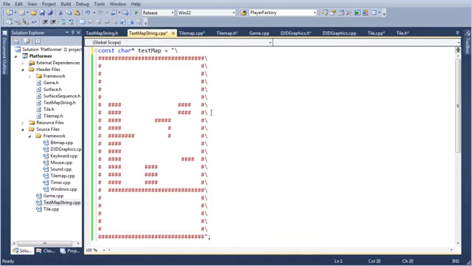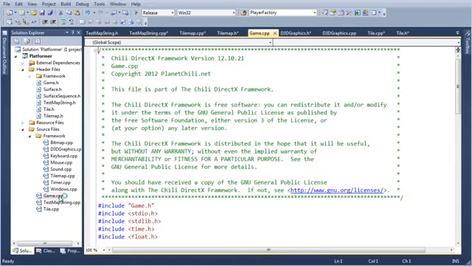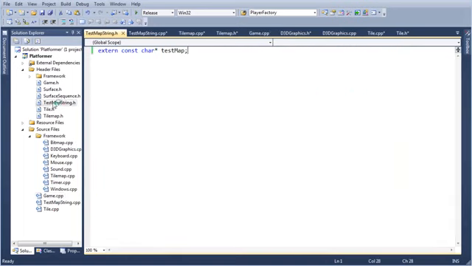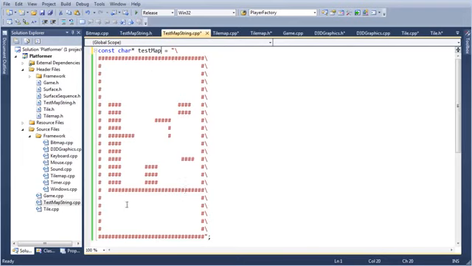If you have a global variable and you want to access it from a different C file, you have to say extern, and that'll allow you to access it. And that's all that this H file is doing here. So this is what our map file format will look like. This is how your levels will be edited.